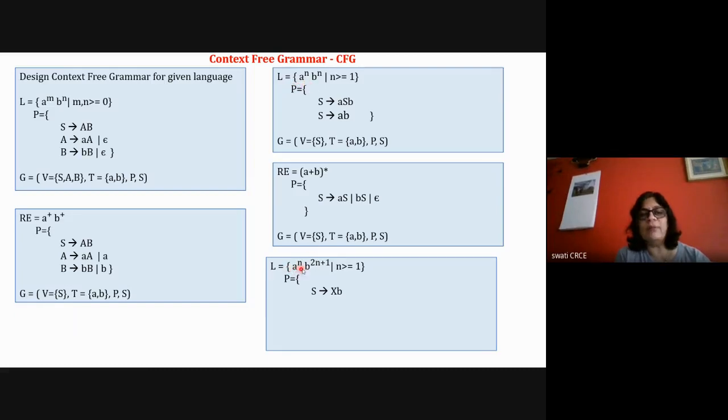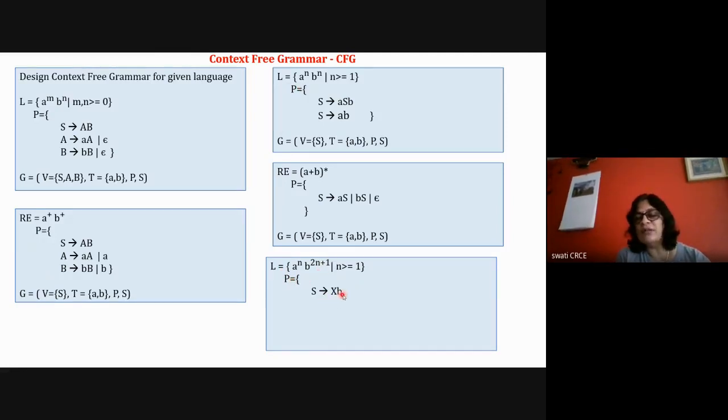For each and every problem you will have to convert the problem to a raised to n, b raised to n. So now how to convert it? I'll say that a raised to n, b raised to 2n is similar to a raised to n, b raised to n. So here for one a one b is generated, but here for only one a two b's will be generated. So it is similar to this particular problem, but one extra b is there, always one